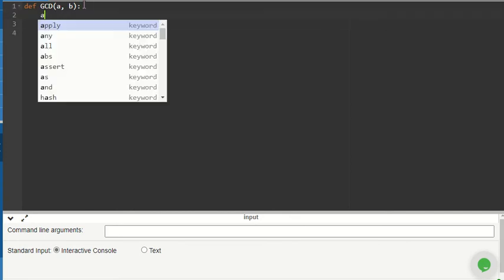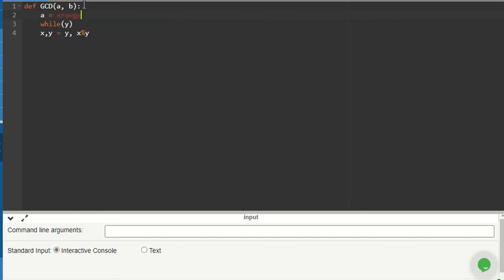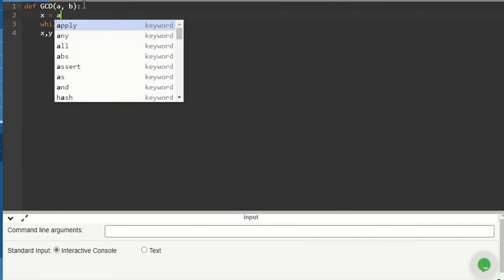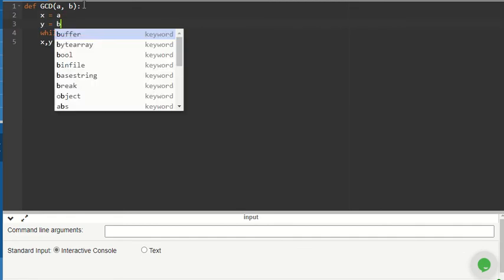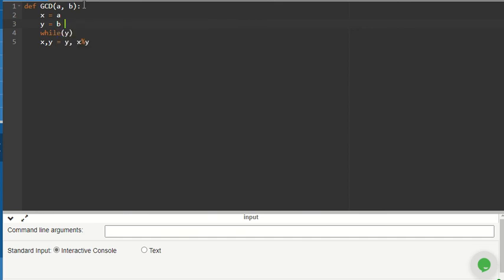Here x is equal to a, and y is equal to b. So this is the solution of the algorithm.